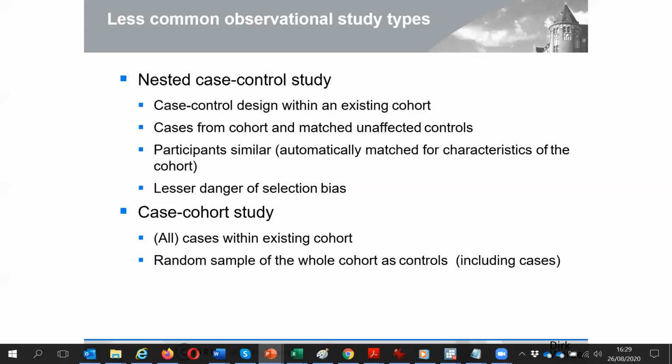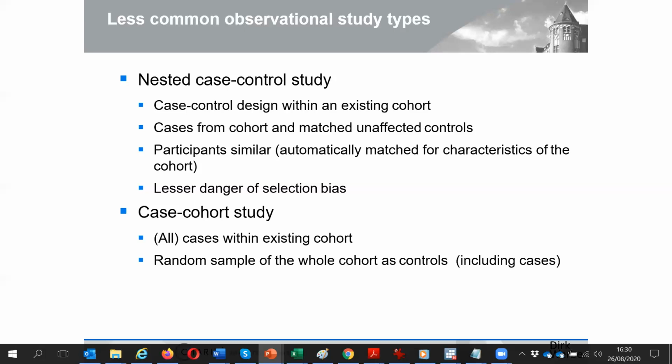Then we can have what we call a case cohort study. In a case cohort study, you take all cases within an existing cohort. Then a random sample of the whole cohort is your controls. It's more or less the same as what we were discussing above with the nested case control. In this one, we are taking all the cases, but in the nested,